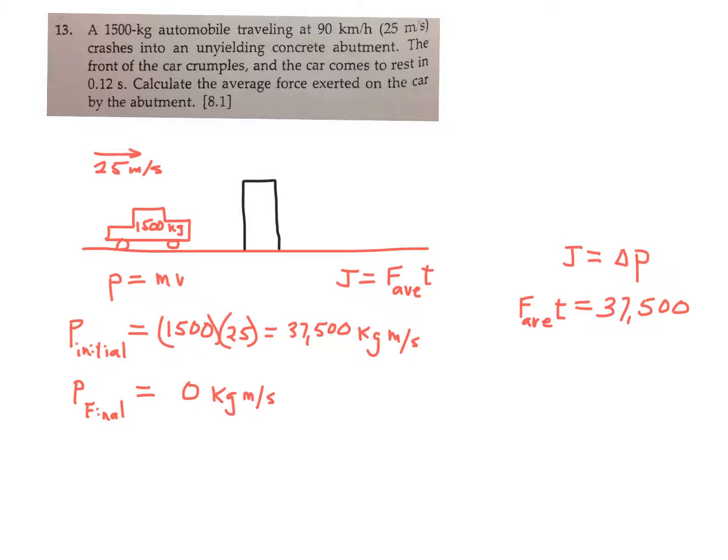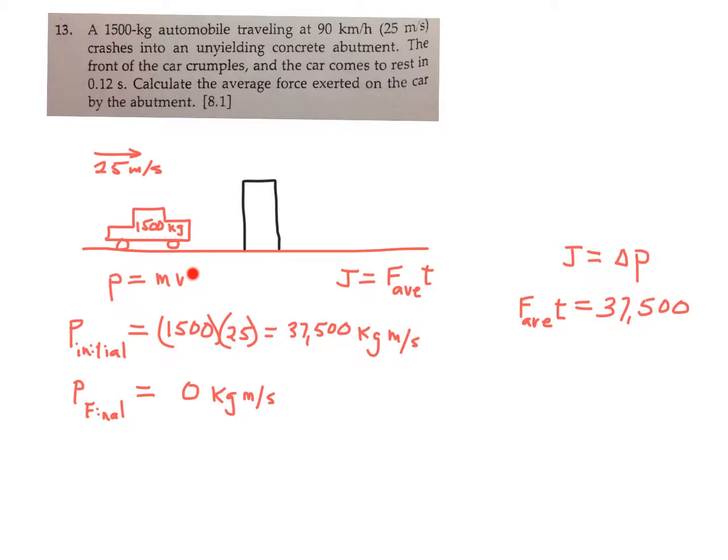Day 50, conservation of momentum, problem number 13. Here we have a car that's going to hit a wall and come to rest. So we're going to use the relationship between impulse and momentum to figure out the average force on the car. And if you look here,